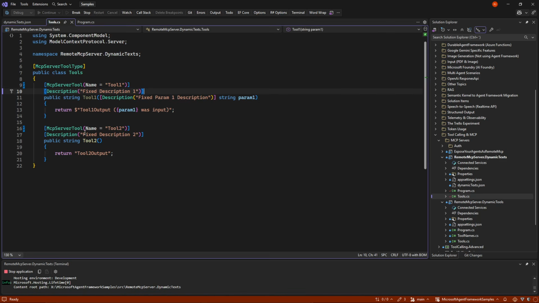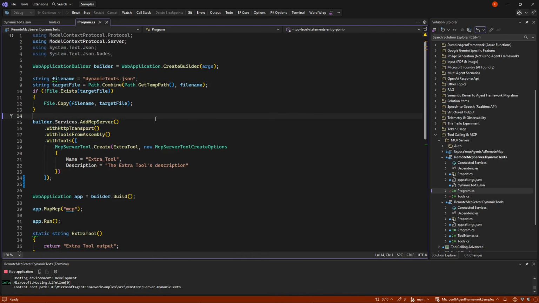And here comes the problems. If we want to have descriptions on these tools, and descriptions are important for an LLM to know when to call a specific tool, we need to put them in as descriptions. And as we all know, descriptions requires constants here. We can't have it on the fly, get it from a file or something like that. And similarly, if we want to put a description on one of the parameters of the tool, we also need to use the description.